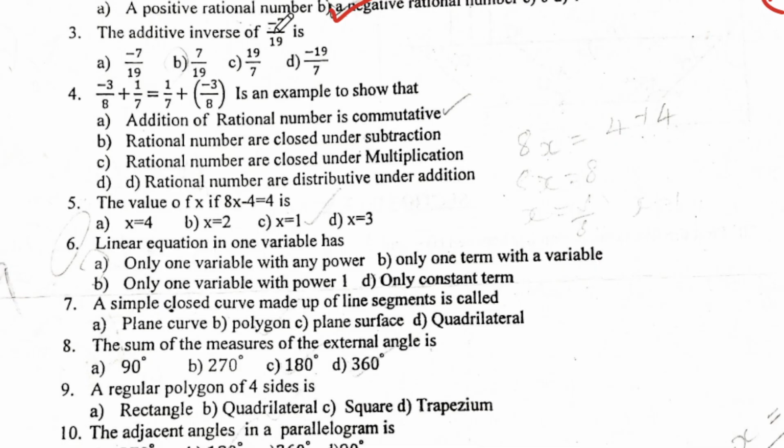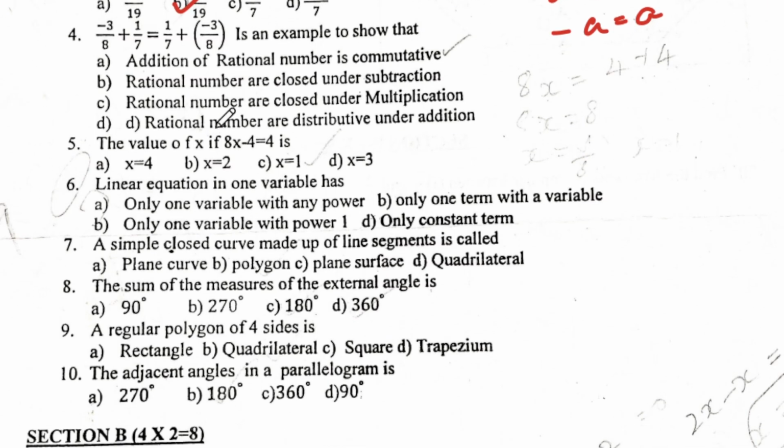So what is the additive inverse? We already know the additive inverse of a number is a number that when added to the original number results in 0. So that is the equation of an additive inverse. For example, the additive inverse of a is minus a, and of minus a is a. So here the additive inverse of minus 7 divided by 19 is 7 divided by 19. Next,